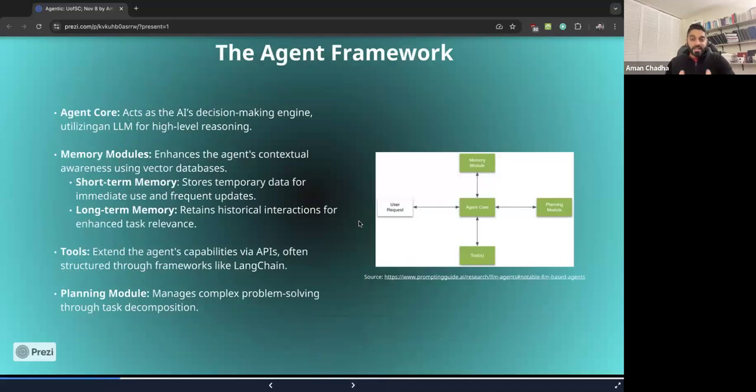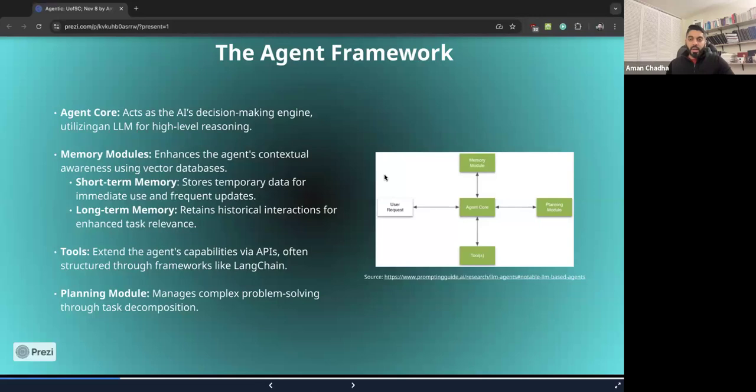All right. Now, lastly, let's get to the biggest chunk of this particular piece of today's presentation, the framework itself, right? So what we have here is essentially the core right at the center, which is the decision-making engine, which is, like I mentioned earlier, the LLM, which is carrying out the high-level reasoning and orchestrating across all of these other components around it.